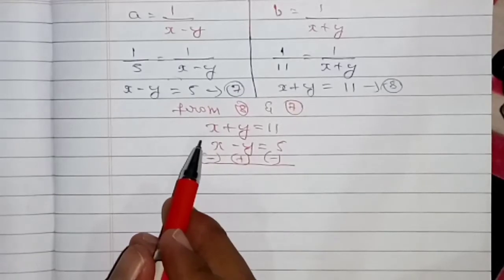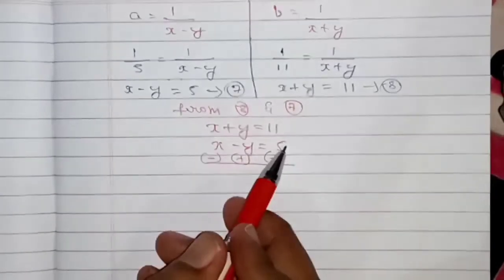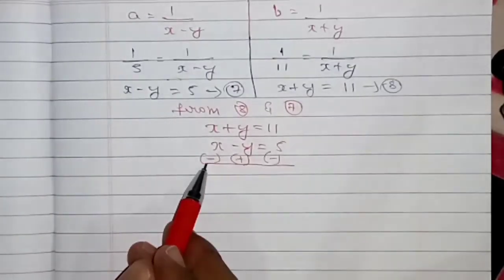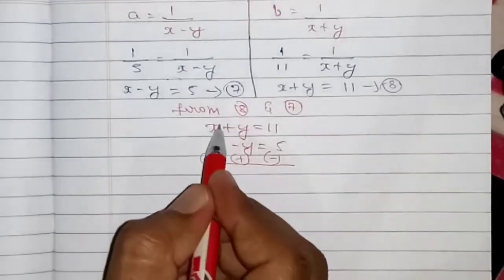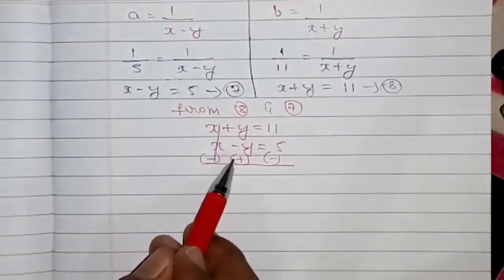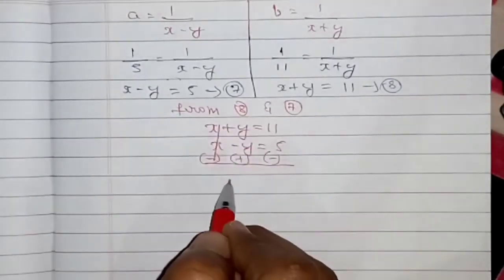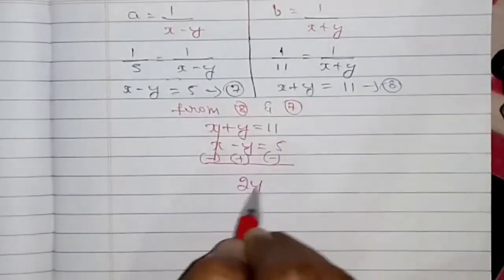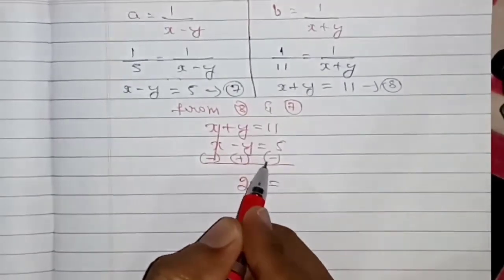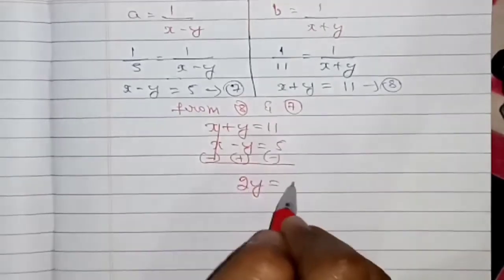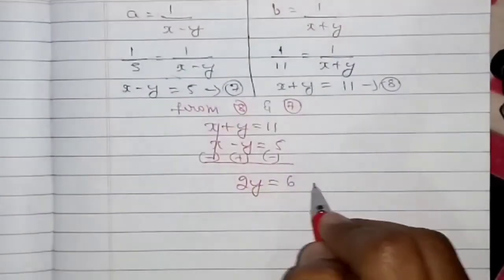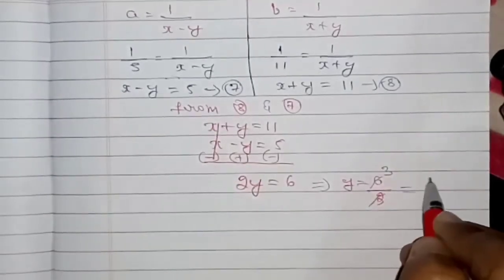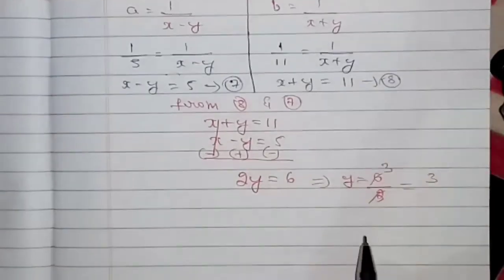So I think you know the elimination method, right? So you need to neglect the middle symbol and you need to take first and the last. Okay, so the first one is plus and the third one is minus. Plus into minus is minus, so it gets cancelled. Now here the first one is plus, second one is plus, so plus and plus, plus into plus is nothing but plus, you need to add. So y plus y is 2y is equals to, now here plus into minus is minus, so you need to subtract. 11 minus 5 is 6. Okay, it implies y is equals to 6 by 2. 2 threes are 6. The answer is 3. So this is the value of y, children.